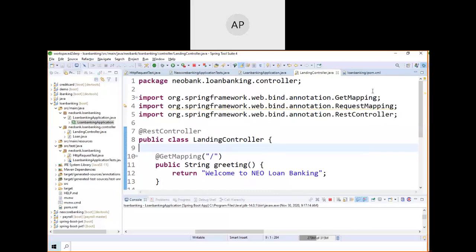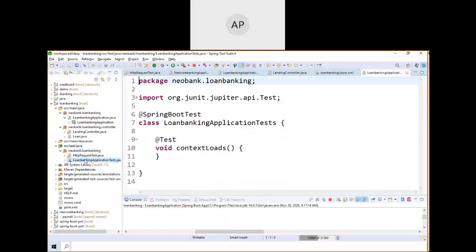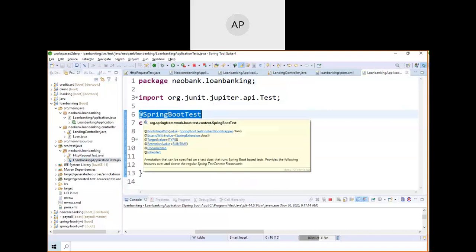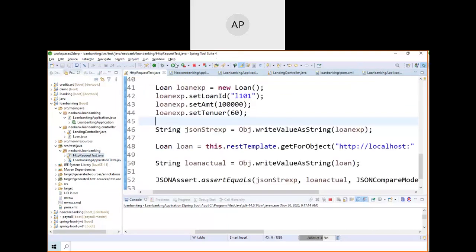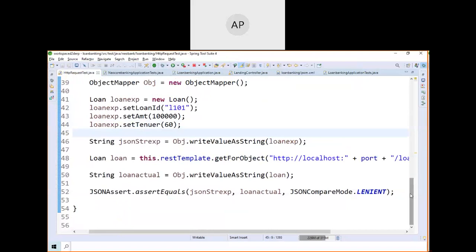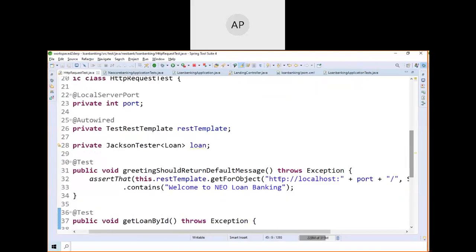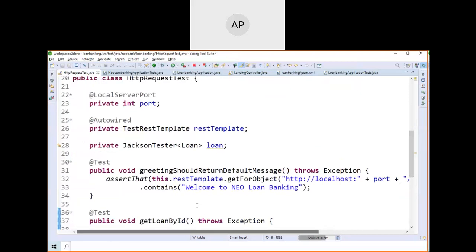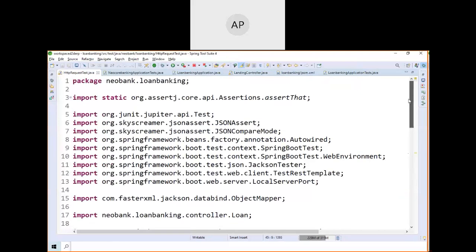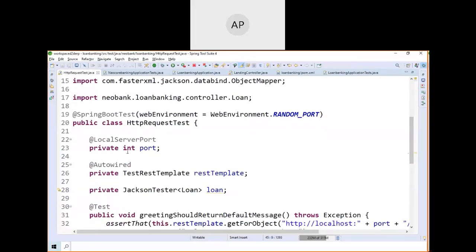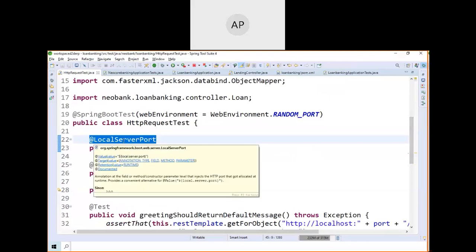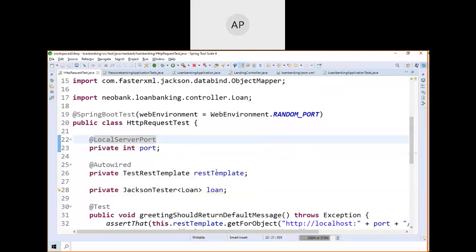In real time, we use Spring test for integration testing, for all the unit testing and integration testing. And I wrote a Spring test in order to test both paths. So here there is src/test/java, and go here, and I use Spring test. This one is just to test my web application, whether all the things are right or not. But here I wrote the real test. Here we already learned a little bit of JUnit, but hereafter, if you understand Spring test, it will be very helpful for you.